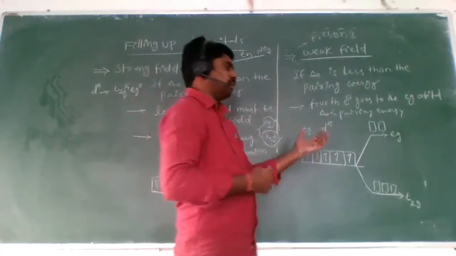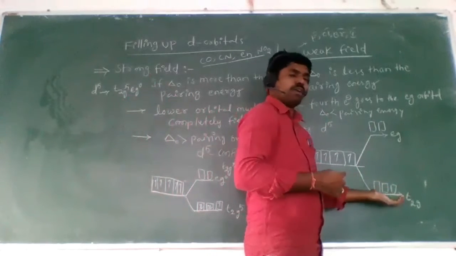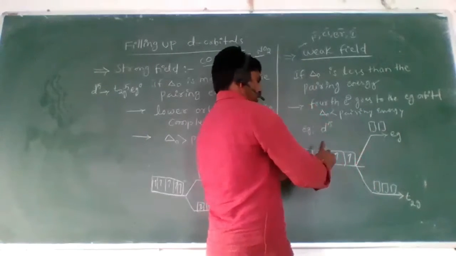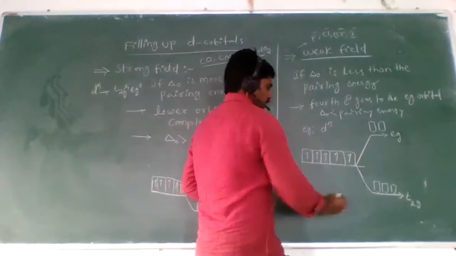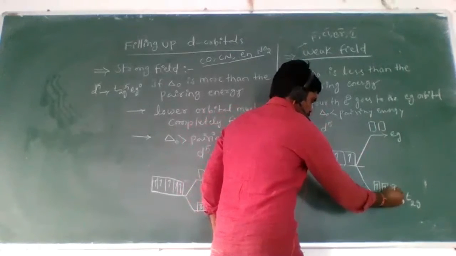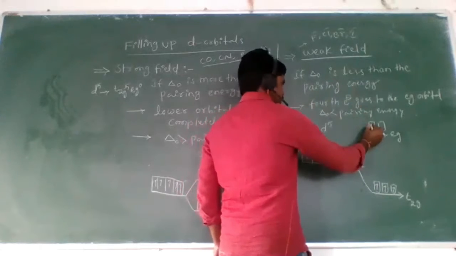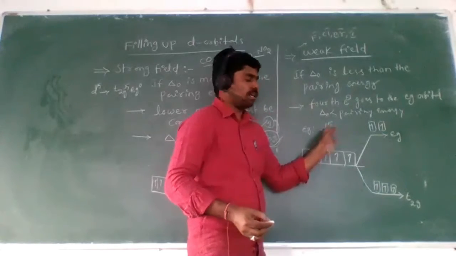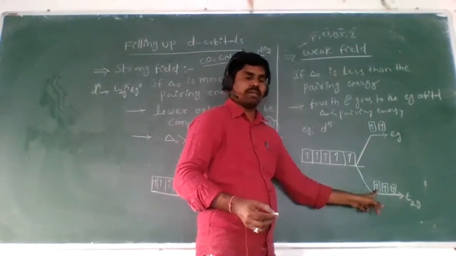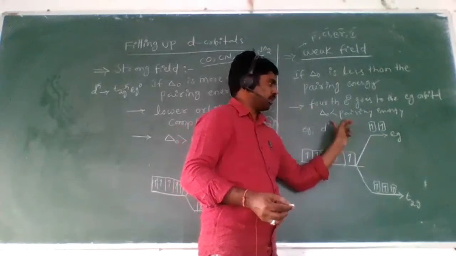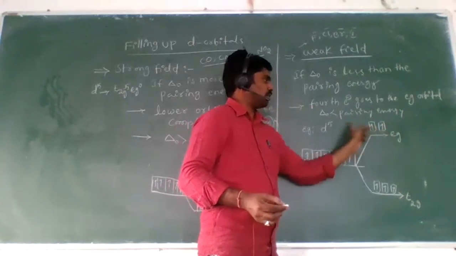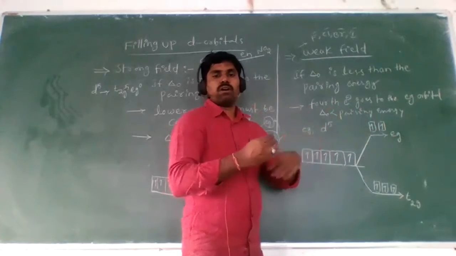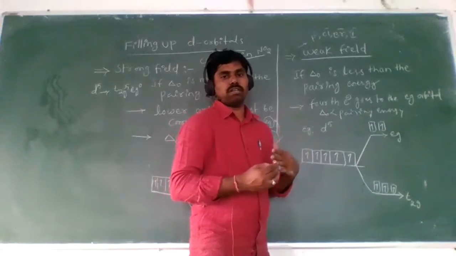But in the weak field, T2g half-filled and eg half-filled, then after they are fulfilled. See here how they are filling these 5 d orbitals. The first electron, 2, 3, the fourth electron jumps to the eg orbital, and the fifth. If there is a 6th electron, it comes here and pairs. 7 is here, 8 here, 9 here, 10 here. So first T2g half-filled, then eg half-filled. After that T2g and eg are fully filled.